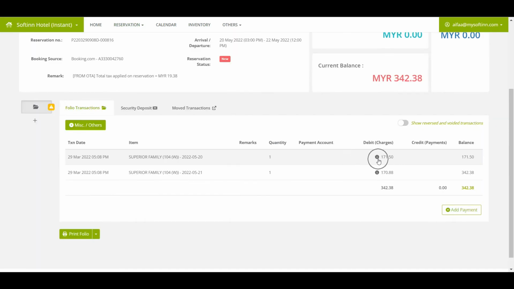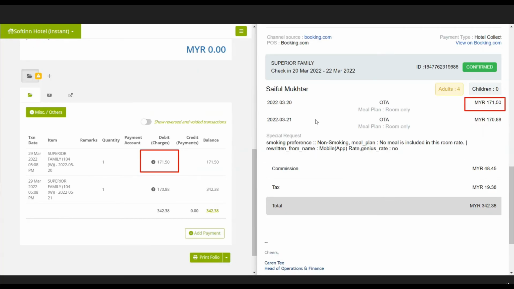On the guest folio, hover your mouse to the tooltips icon, and you shall see the room charges and its tax breakdown. In this example, the total amount before tax is Rm 161.79 and SST 6% tax is Rm 9.71 for the first night. Hence, the amount after tax will be Rm 171.50 for the first night. You may compare the booking amount in PMS with the booking email that you received from Booking.com. This is the example of booking email received from Booking.com for this reservation. The amount inclusive of tax for the first night is Rm 171.50, which is the same as the one automatically added in PMS.